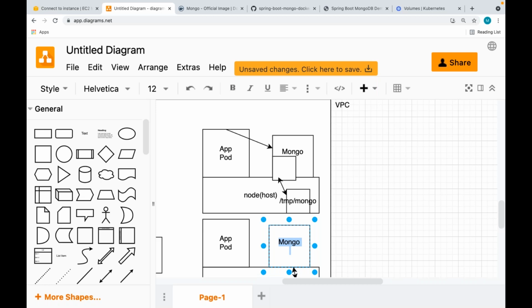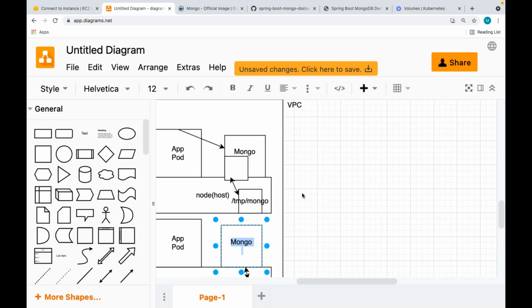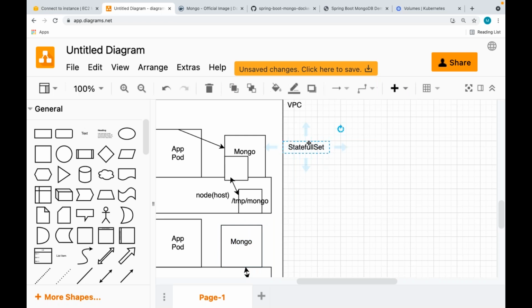So if I want to have this kind of setup in Kubernetes, a database cluster setup, that is where we are going to use a stateful set. I will explain this later. So don't think that if I created 2 replicas of my Mongo database, my database will be highly available. If you just created 2 replicas of databases, it is not highly available. Is everyone clear, guys?